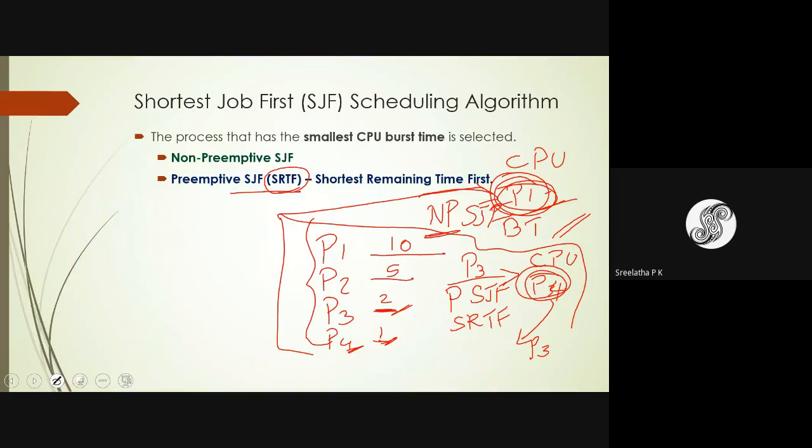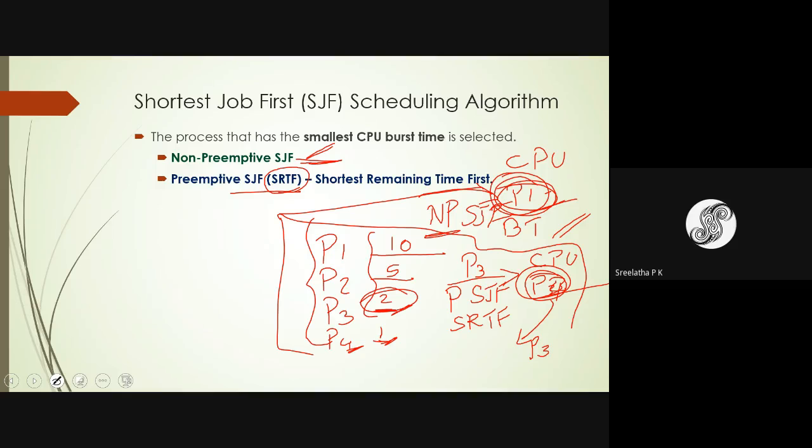Now we'll see the problems with respect to non-preemptive. Non-preemptive means when the program is added to the processor, it runs until completion. How is the selection done? The process which has the shortest burst time, which here is P3. So P3 is assigned and it runs until completion.